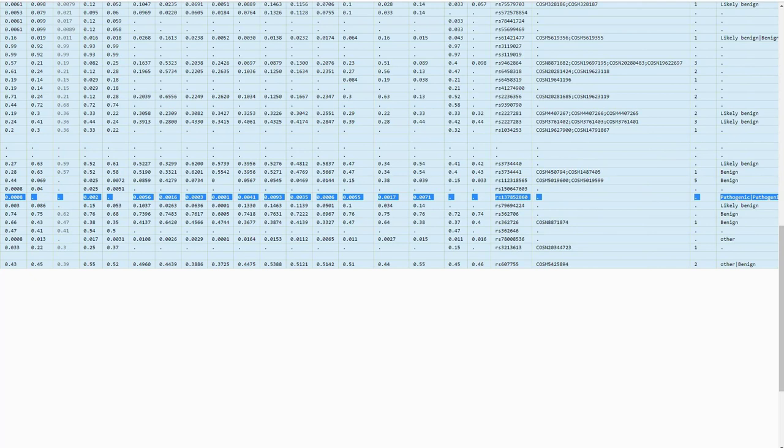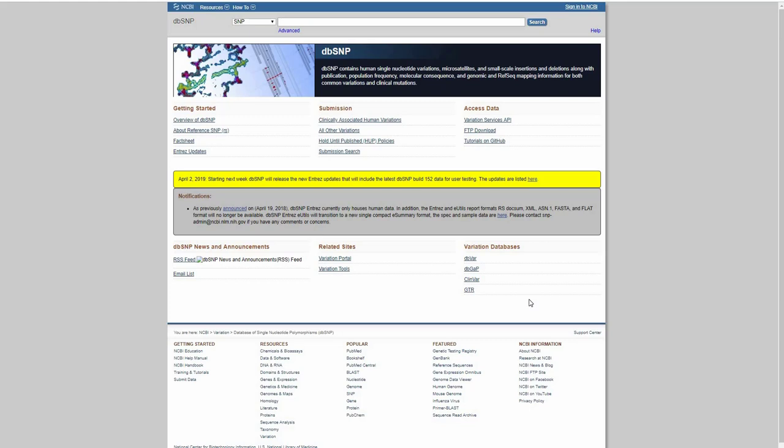Question 6. What is the dbSNP identifier of this variant? dbSNP is a database of single nucleotide polymorphisms maintained by NCBI. It collects variant information such as minor allele frequency from many sources such as 1000 Genomes and ExAC. Here is the database website.